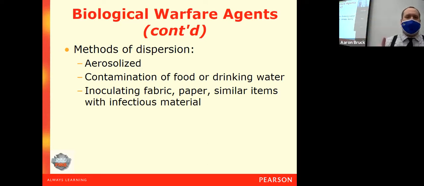Other ways, aerosolization. If you saw the first Christian Bale Batman movie, Batman Begins, the biological agent that Scarecrow used was basically an aerosolized neurotoxin that made everybody hallucinate. Also fits into the second one, the contamination of food and drinking water. Batman villains are really good at this. So there are lots of ways that we can get these kinds of agents out there.